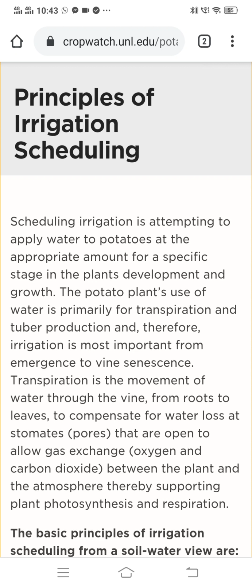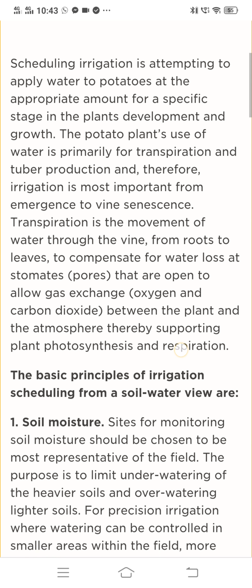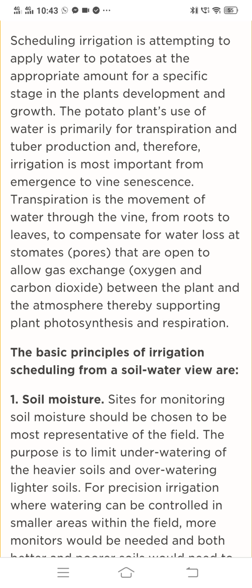Hello class, today's topic is principles of irrigation scheduling. As we know, irrigation is applying water to any plant. Why is it necessary? As we know, there is a gaseous and water loss through transpiration. This is one major cause, the need, of irrigation,